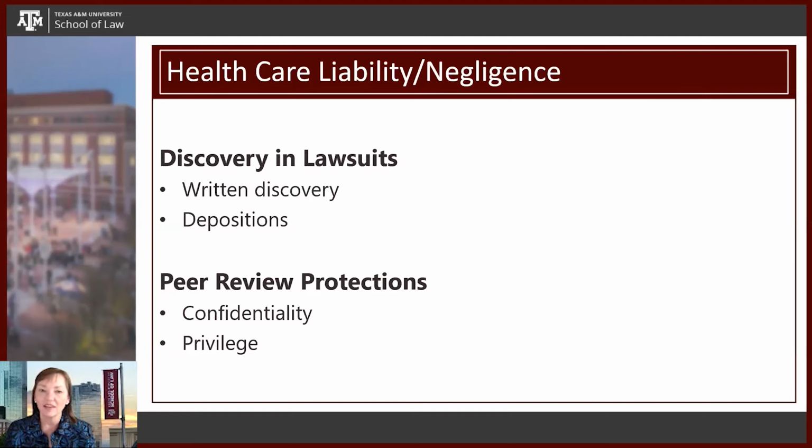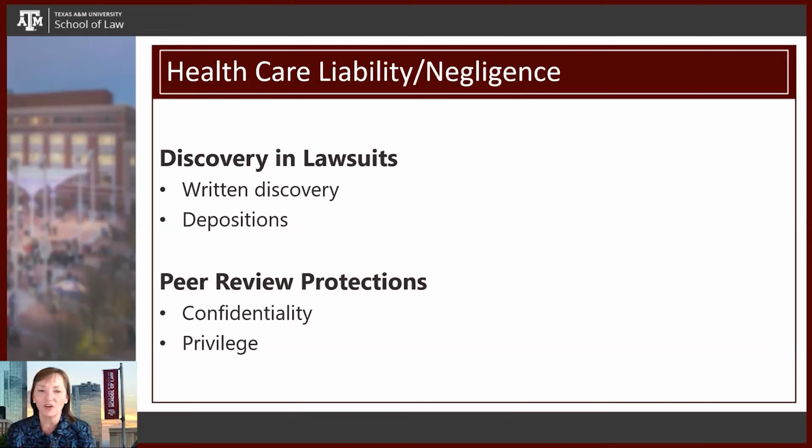But the law said, yes, we need healthcare providers to be monitoring each other, to be monitoring themselves. So we want that to be done as a form of peer review. Committees are formed, they look at care, but we're going to protect that as long as you do it right and you authorize that particular committee to do peer review, and they maintain that information as confidential and privileged, and they cloak it in that privilege. Then we're going to recognize that privilege. The peer review protections are probably the strongest privileges to not let information in a healthcare liability suit.